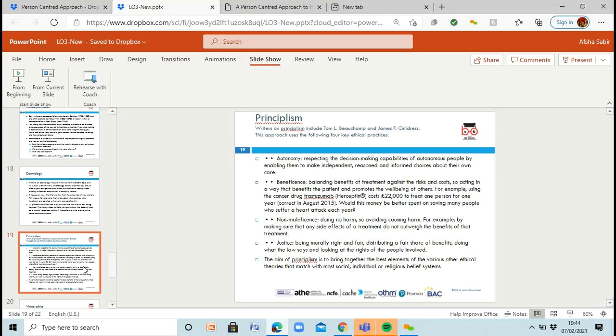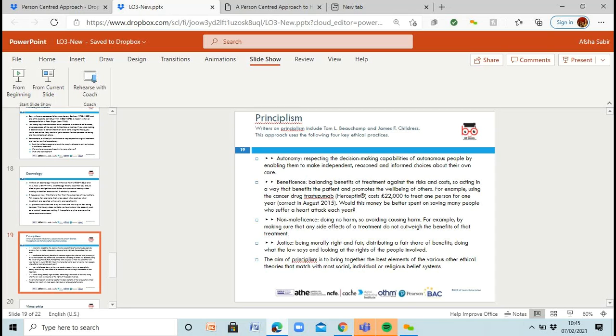And then justice, the final point of this. So you're being morally right and fair, and you're distributing a fair share of benefits. So you're looking at all of the people that are within the system, and you're looking at all the rights of the people involved, and you're trying to share things equally between them. So the aim of principalism is to bring together all of the best elements about all of the other theories that are there. So you're not just focusing on, say, consequences